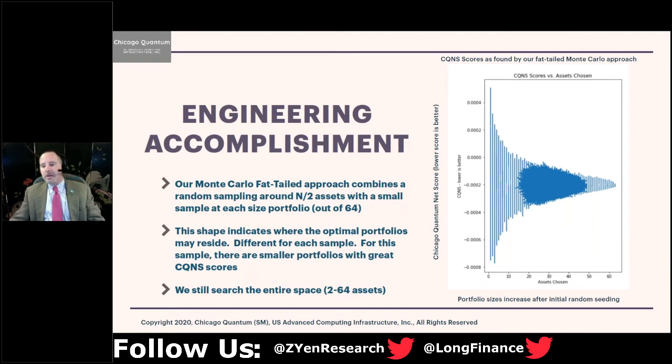In the middle, you can see there are around 20 to 40 stocks in a portfolio out of 64, and there you have tons of values, but they're all pretty much in the middle. So there's not a lot of room for improvement between 20 and 40 stocks. But if you can pick between, let's say, 2 and 10 stocks, you can get some real winning portfolios. Next slide.